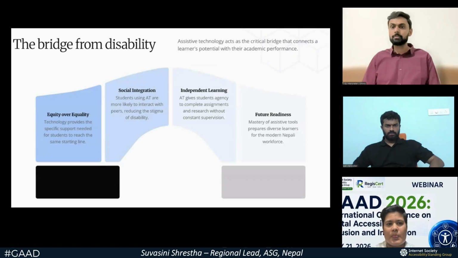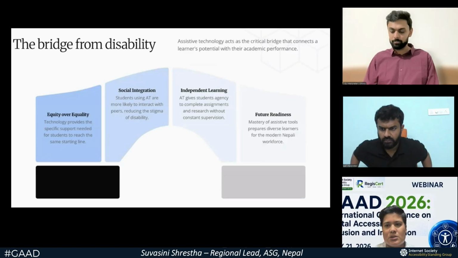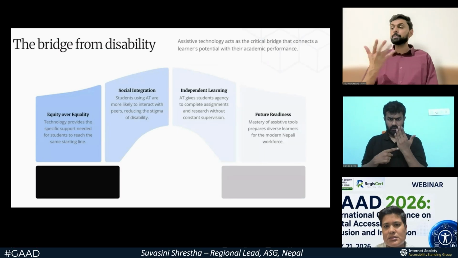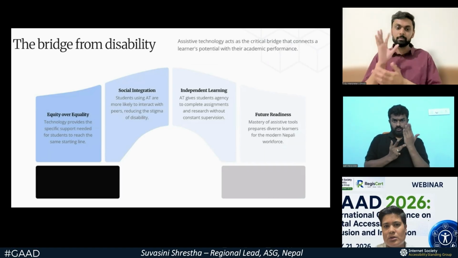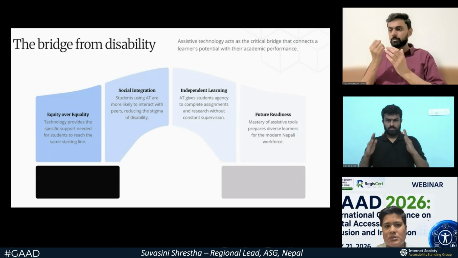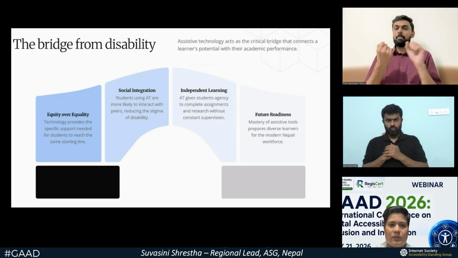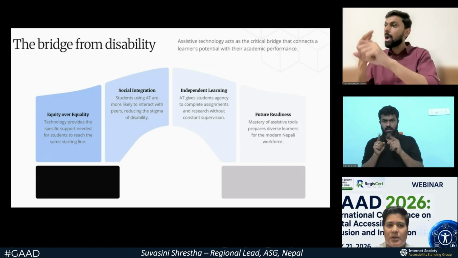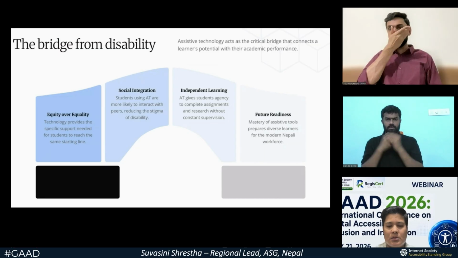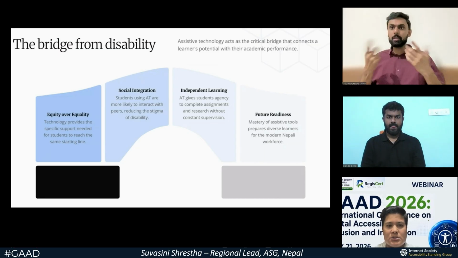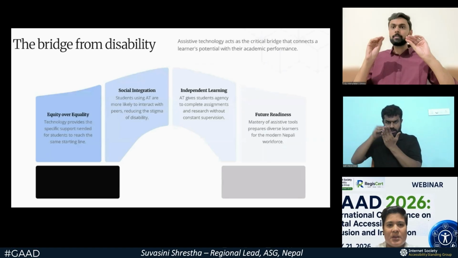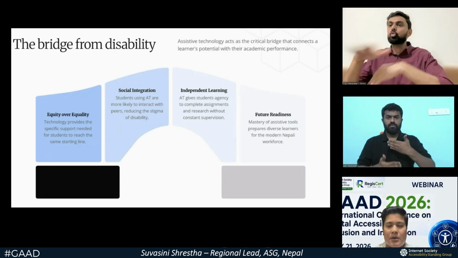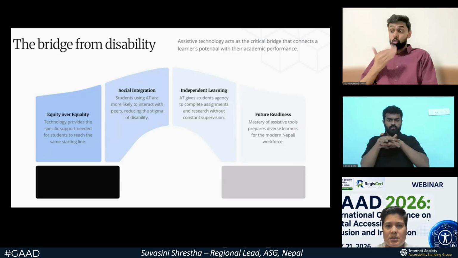So there is a bridge from disability to the assistive technology. Assistive technology acts as a critical bridge that connects a learner's potential with their academic performance. So we prefer equity over equality. Technology provides the specific support needed to students or diverse learners to reach the same starting line, and there is social integration. Students using assistive technology are more likely to interact with peers, reducing the